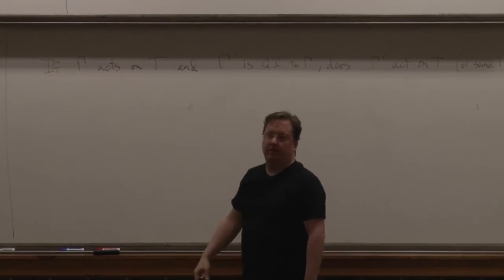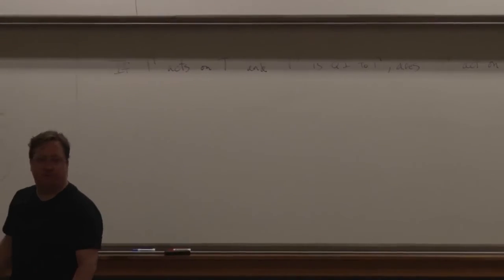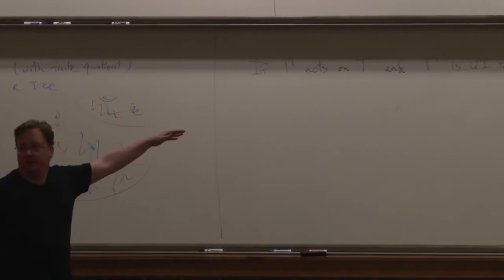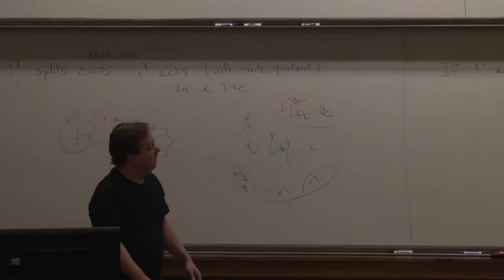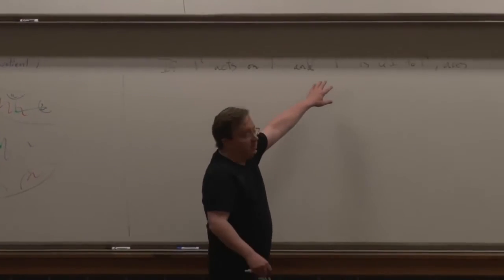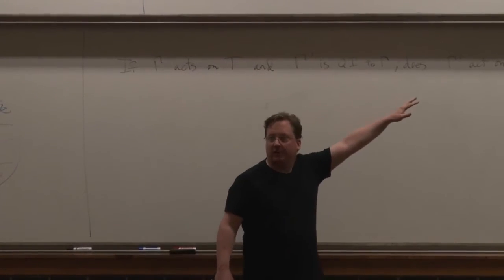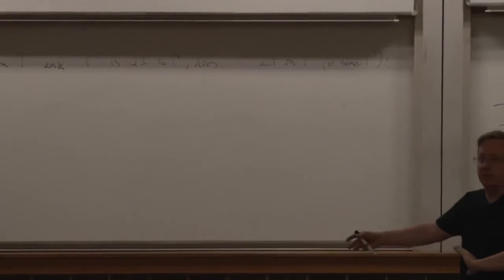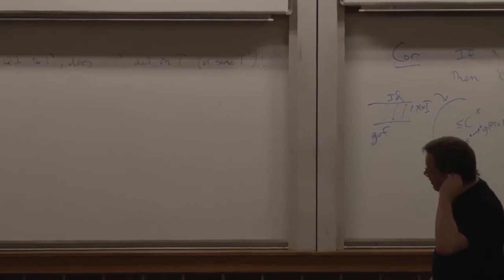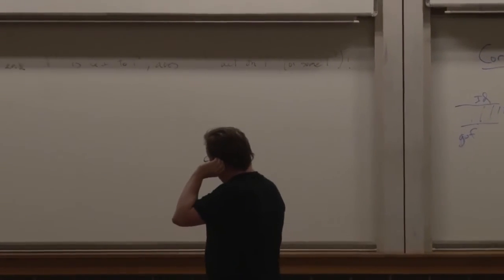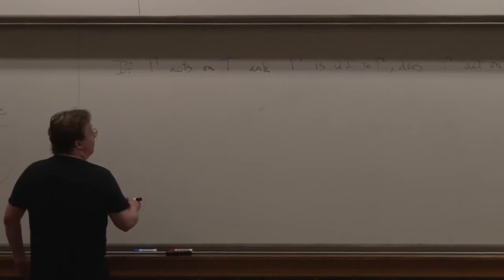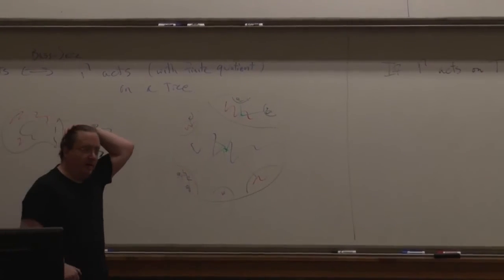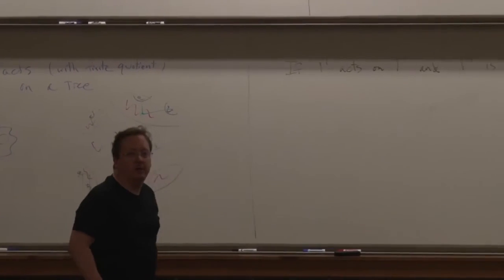So here's one way of putting the basic question about QI invariance of splittings of groups. If you've got a group that acts on some tree, so it has some splitting, and a group which is quasi-isometric to it, do we expect it to also act on a tree, probably in some similar way, so that the various groups we're splitting into are also QI and so forth? And the answer in general is probably not. Without any extra knowledge about how the splitting works, we can't really say very much.